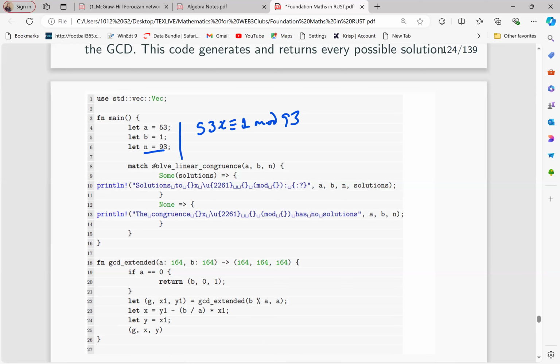And then it will call for the solve linear congruence. And it will call for this with those values, those parameters, A, B, and N. If there are some solutions, then it will print, I've said some solutions, it will print solutions to